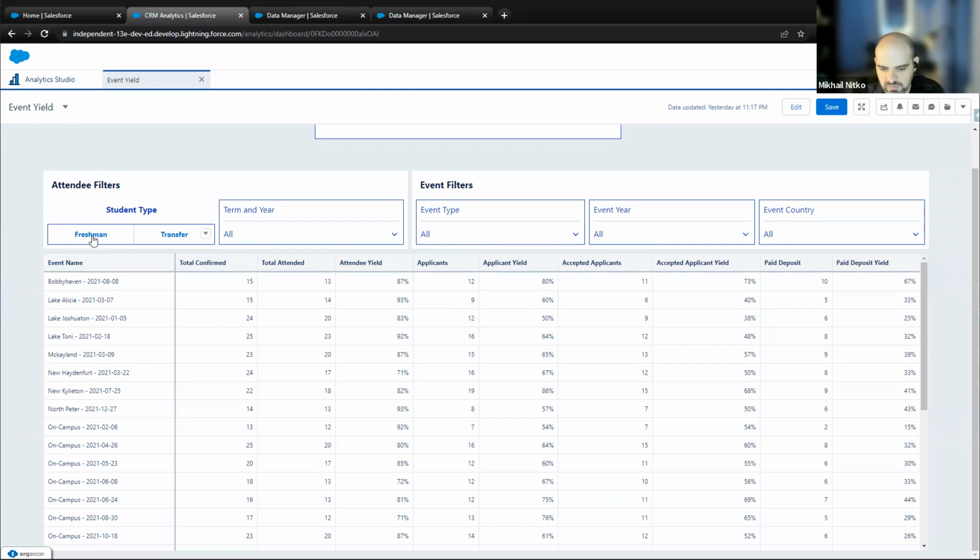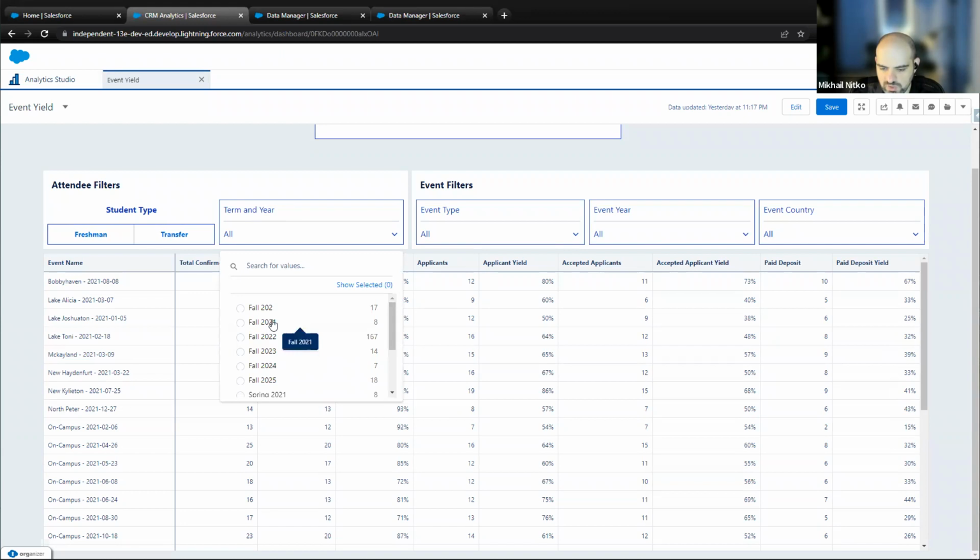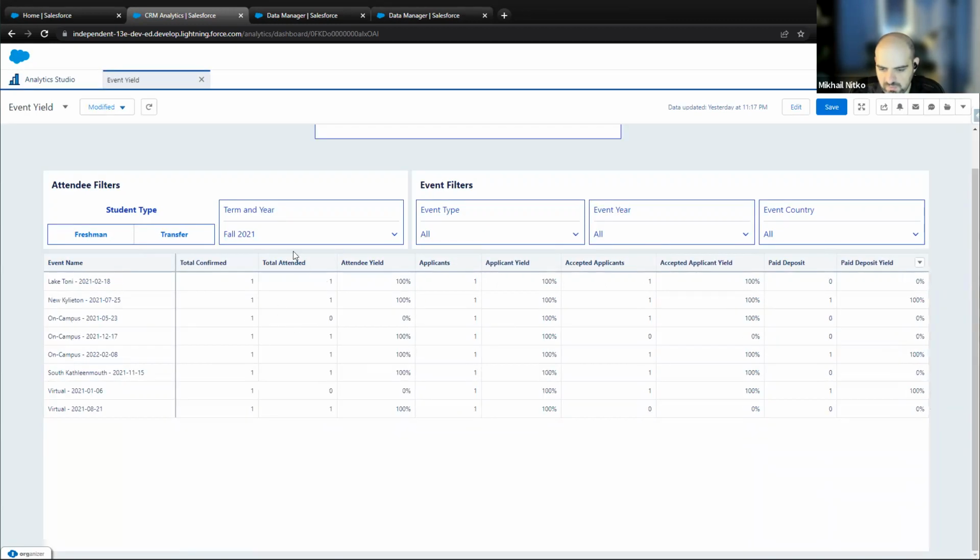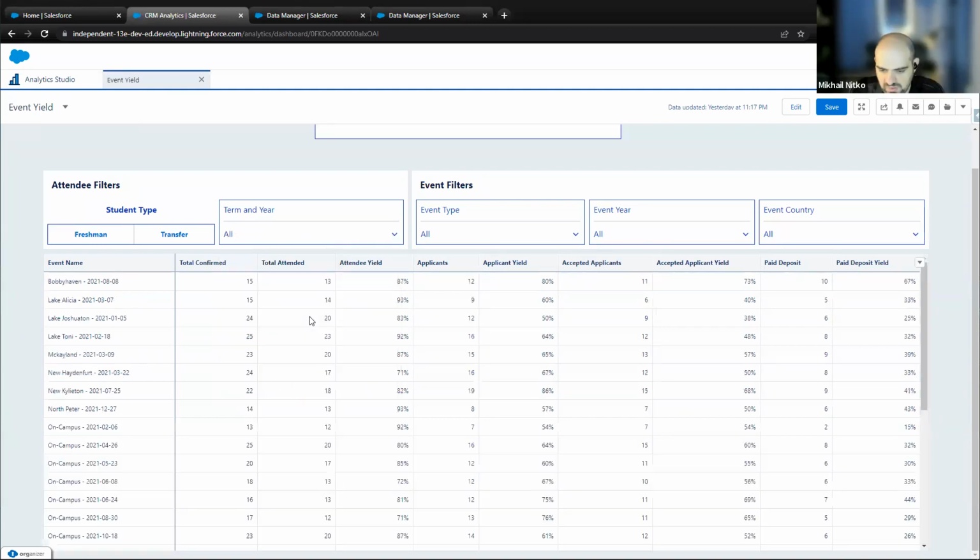I created a button filter here, which is just a toggle, and it addresses the whole dashboard when I use it. And these drop-down filters will allow me to narrow down to only certain segments. Like, I want attendees only for fall 2021, to basically see folks who were attending at that time. And then you just unclick it.